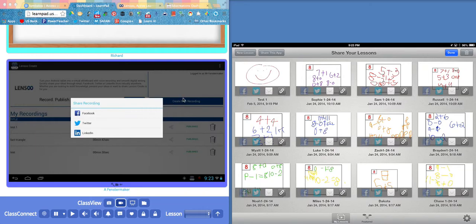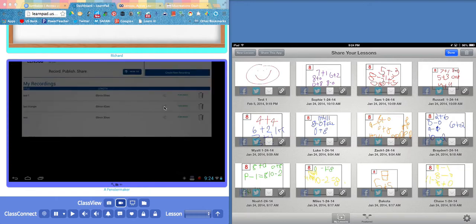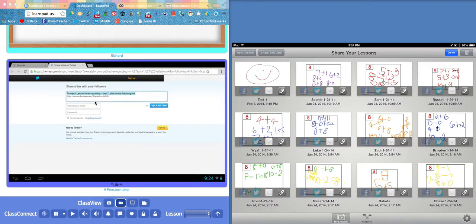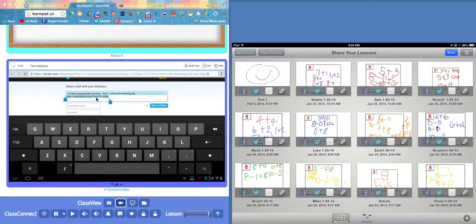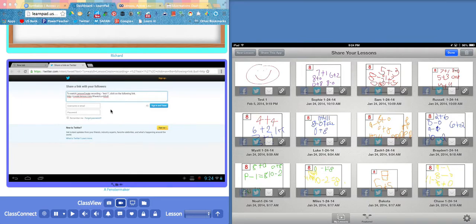In order to get the link, an option that you'd have to do is you could click on Twitter, and then once they got to the website, because I don't really want them to have to log into Twitter, they could copy this. So they could take and copy that. Now it's copied. Now they could go to Kid Blog and paste that link. So they kind of do the same thing, except the Lensoo app just has an extra step there